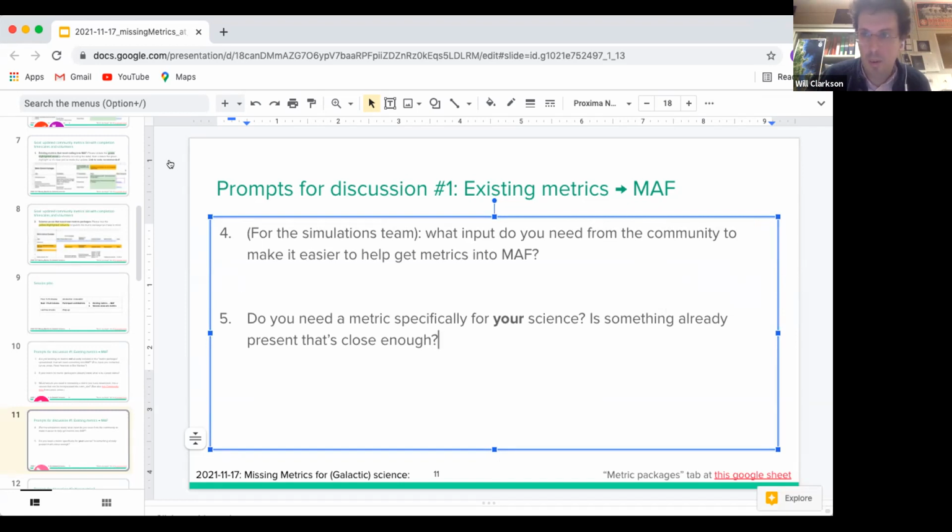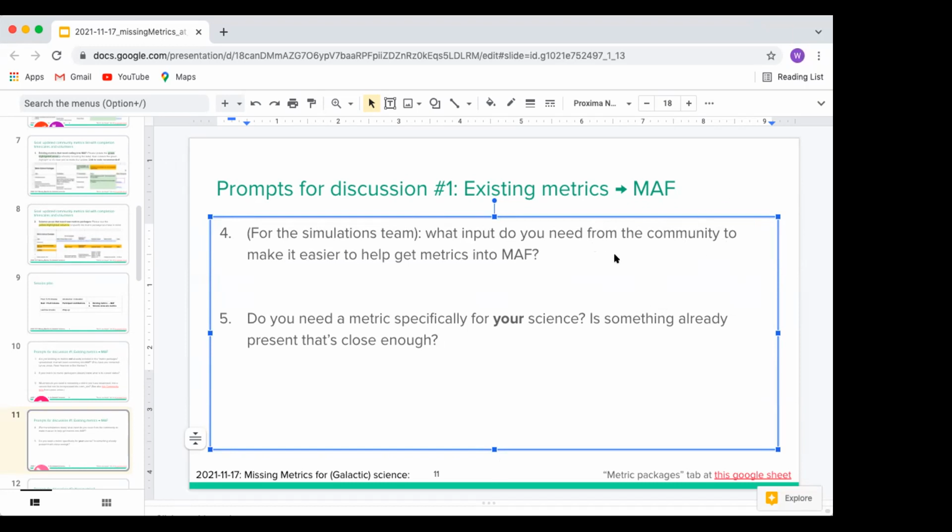Okay, let me go over to this. Oh, do I hear a question? I had a question about the metrics packages, because I was poking around in some of them. How up to date do you think the comments about integrated with math or not are? One of the problems that we've had in the Sims team is when somebody comes to us and says, oh, I have a metric for X, and from our point of view, we already have a metric for that. But their answer is, well, no, ours is actually a little bit different because, and here's why. But especially if we're just looking at the sheets, then we don't know.